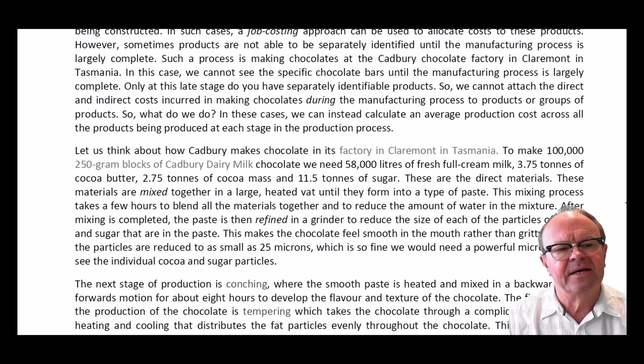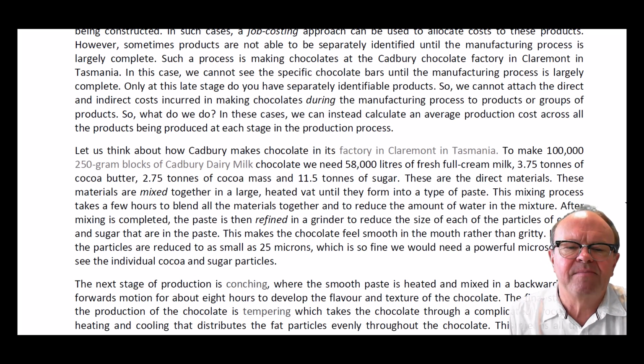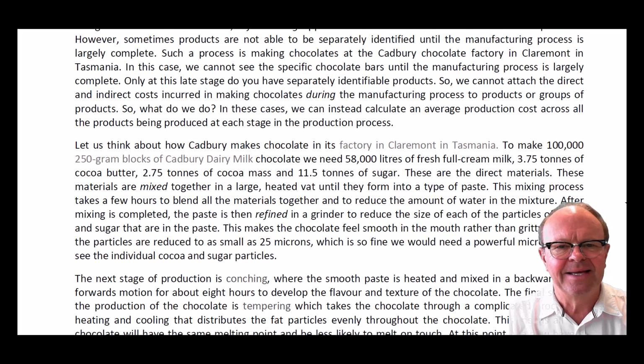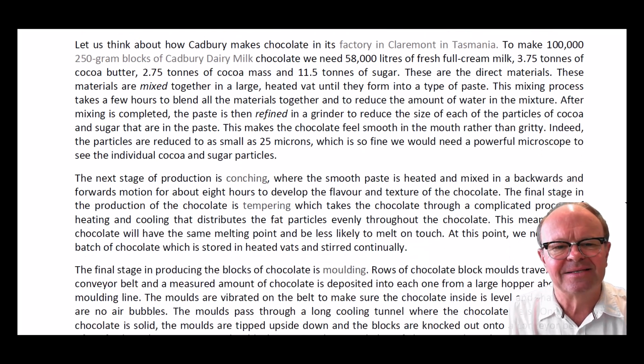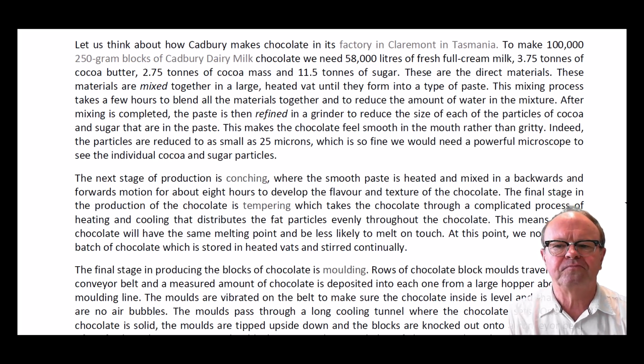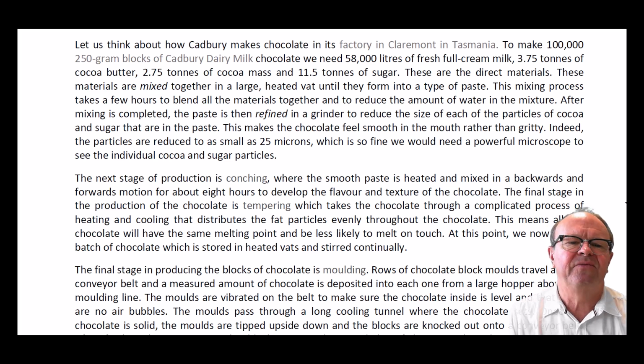To make 100,000 250 gram blocks of Cadbury Dairy Milk chocolate, we need 58,000 litres of fresh full cream milk, 3.75 tonnes of cocoa butter, 2.75 tonnes of cocoa mass, and 11.5 tonnes of sugar. These are the direct materials. These materials are mixed together in a large heated vat until they form into a type of paste. This mixing process takes a few hours to blend all the materials together and to reduce the amount of water